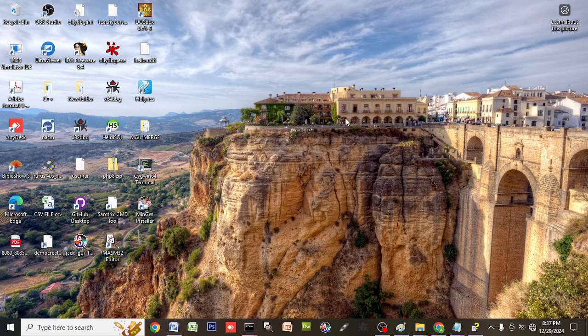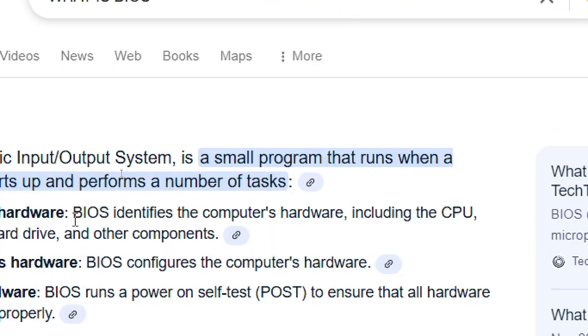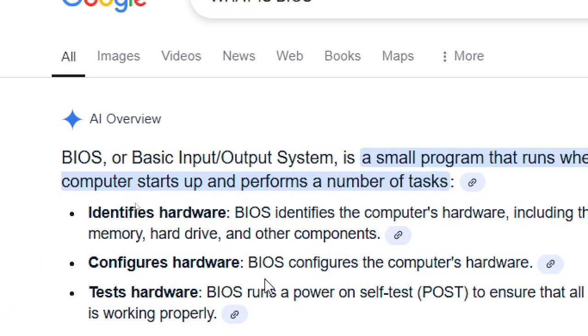Our lesson for today's class is about the bootloader, the master boot record, how the internet works, how the computer works. Okay, so when you restart the power button of your computer, it will do the